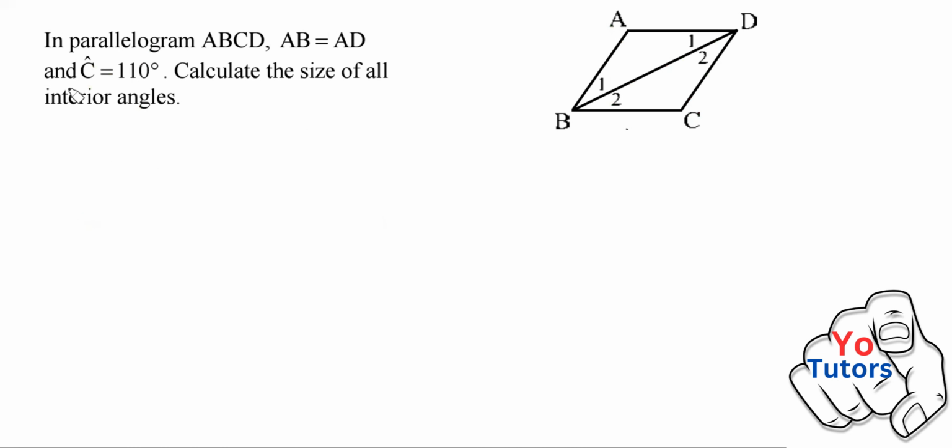In parallelogram ABCD, AB is equal to AD. So AB is equal to AD. I like to add AB equals AD. Now, if we are told that it's a parallelogram, again, we can now add, because we're told that it's